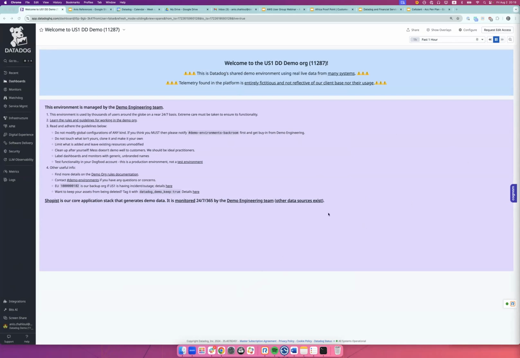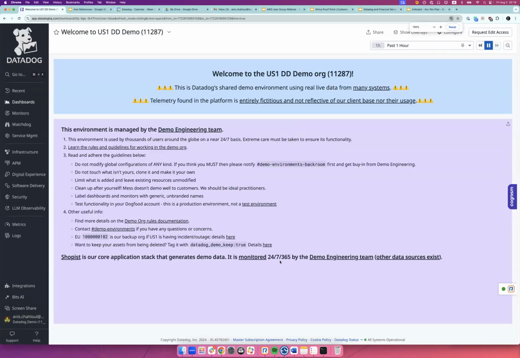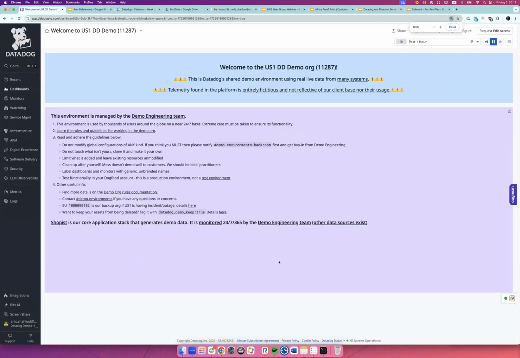Yeah, go ahead, Zara. Quick, Anis, I just think when you move to the demo, if you can zoom in, just conscious that some people might be looking on their phones. Sure. Much better. I'll make sure to zoom in if I look into really specific areas of the platform.